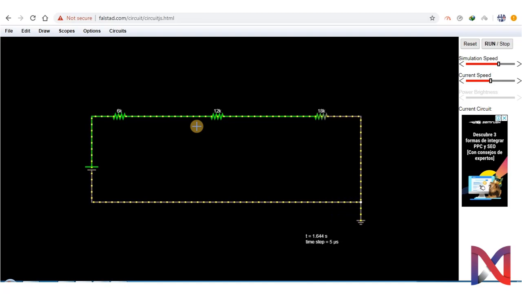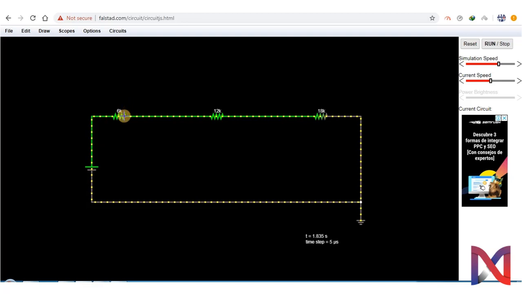Now we can find the voltage drop across each resistor just by clicking on the respective resistor. First we will move to our voltage source and let's verify whether the R equivalent is the same or not. Here we have 36 kilo ohms of R equivalent and voltage of 36 volt.